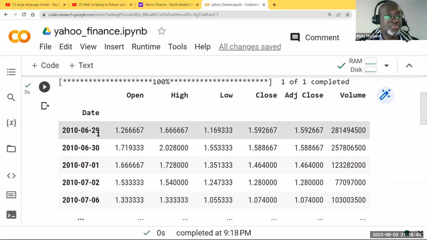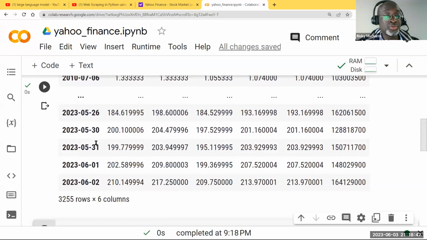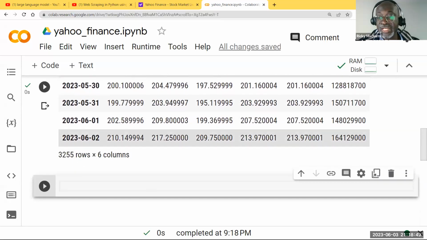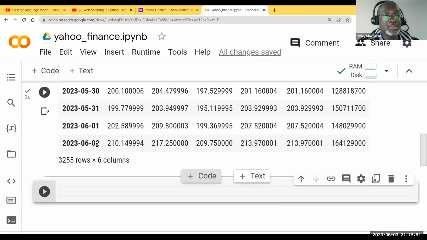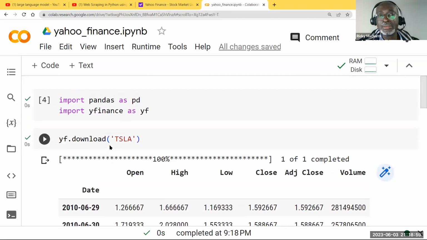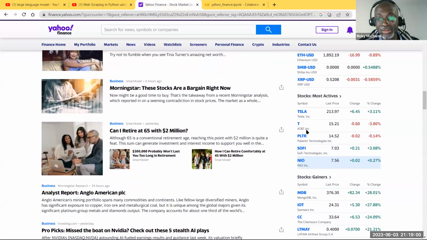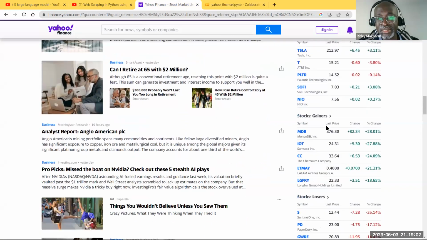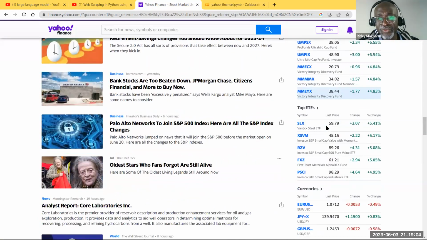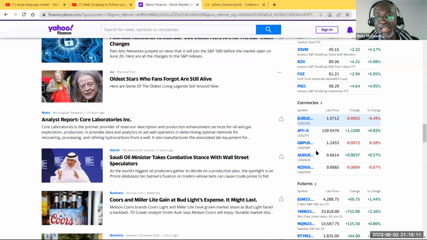Tesla from 29th of June 2010. Probably that's how long the data it has, down to, this should be yesterday, right? Down to the second, because there's no trading today. Let me look for another one. Let me just see, so that you can see how far back it goes. I don't think Tesla was, what do you call it? Tesla wasn't,